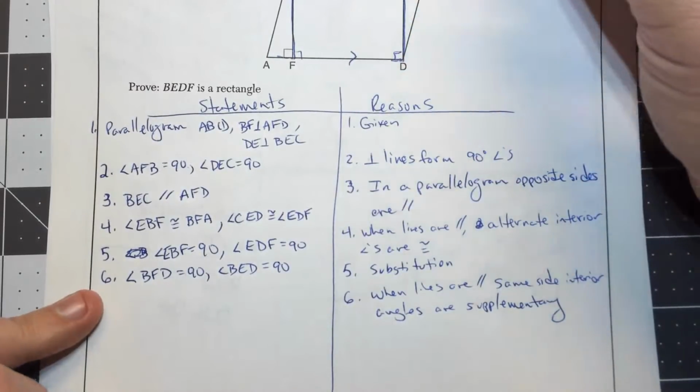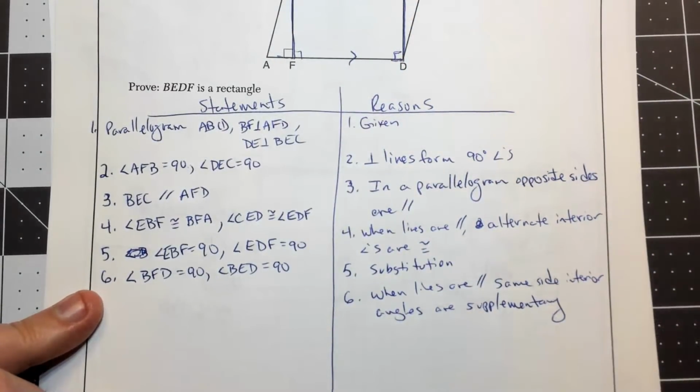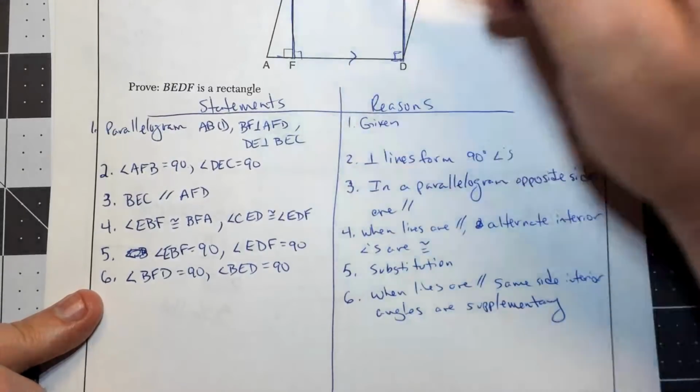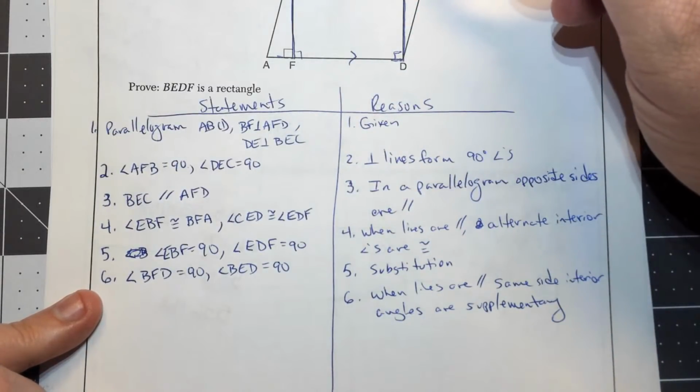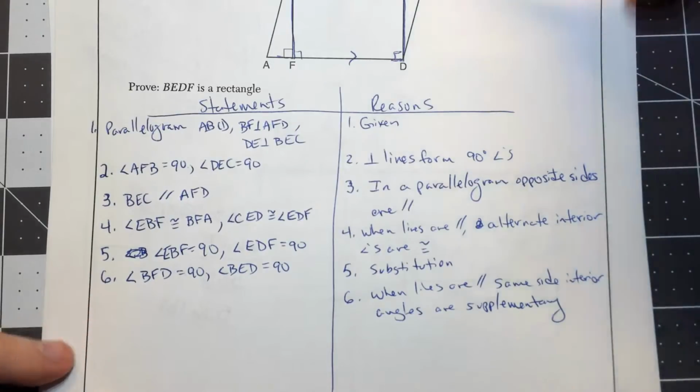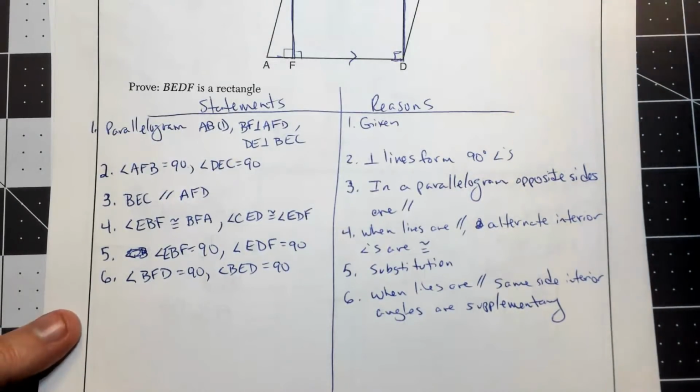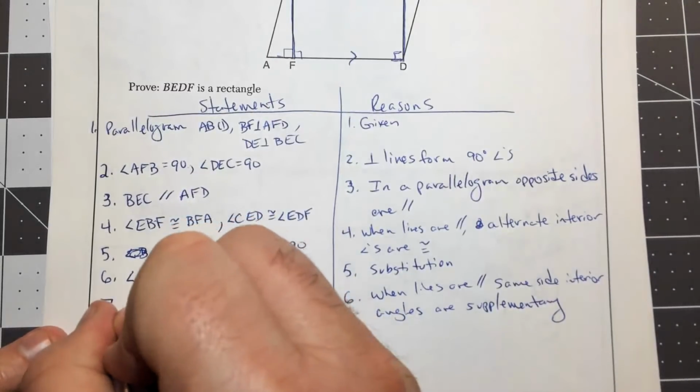They had 180. Same thing if you wanted to switch this out and you wanted to say something like angles on a straight line are supplementary. So if one is 90, the other's 90. Anything like that would be okay. And then we have enough. So now we're going to say